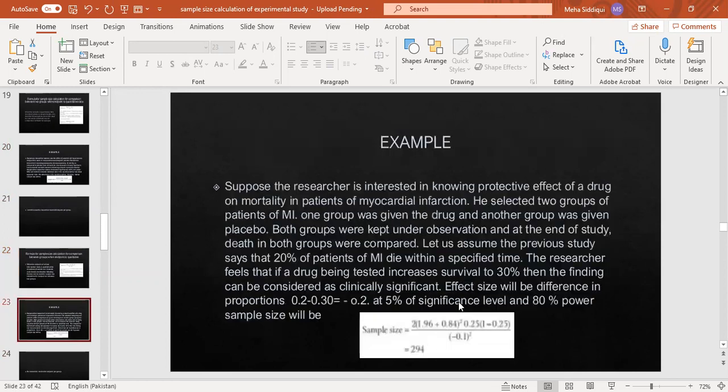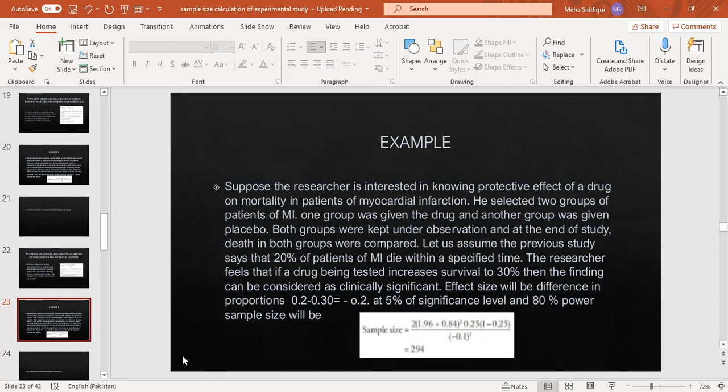So an example is, suppose the researcher is interested in knowing the protective effect of a drug on mortality in patients of myocardial infarction. He selected two groups of patients of MI. One group was given the drug and another group was given placebo. Both groups were kept under observation. At the end of the study, deaths in both groups were compared. Let us assume the previous study says that 20% of patients of MI die within a specified time. The researcher feels that if the drug being tested increases survival to 30%,